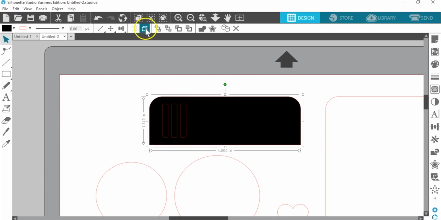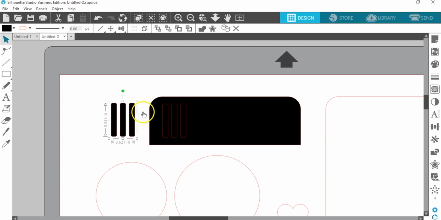So I'm going to ungroup this shape, and I want to copy just those 3 pieces. So I'm going to select those 3 pieces, and I'm going to use one of my favorite ways to copy, which is to hold my Alt key, or Option if you're using a Mac, and you just click and drag off to the side. And that makes a really nice copy. So I want to group this back together, this first original piece, so it doesn't come apart while I'm moving it. I'm going to ungroup these 3, and I can select one at a time to recolor them.